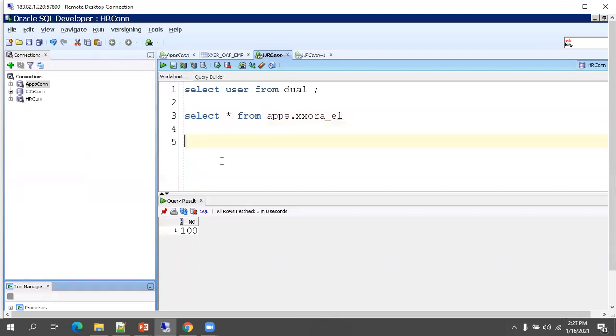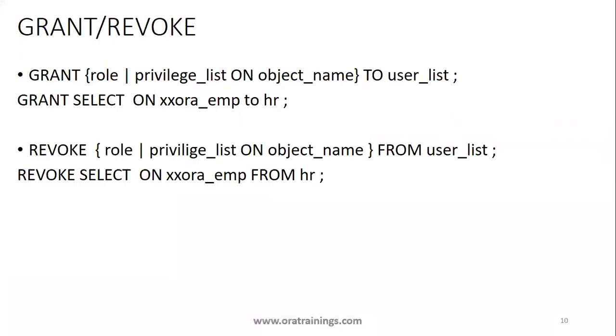If you want to check data from one database to another database, in those kinds of scenarios you require a database link. In this scenario, what I'm checking is the same database, but a different schema, different user. Now coming to the other one, revoke. Revoking is nothing but revoking the privileges which you provided earlier. When you discuss roles, you have create, alter, and a lot of other privileges. Based on that, you can perform a particular action on a particular object. So just explore the remaining functionalities we have in the database. Thank you.